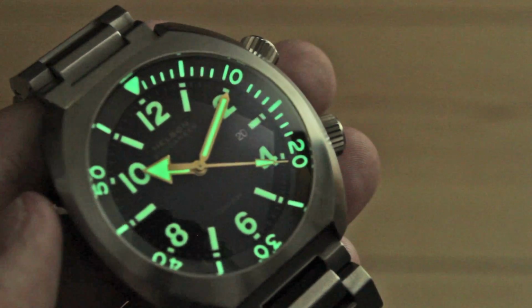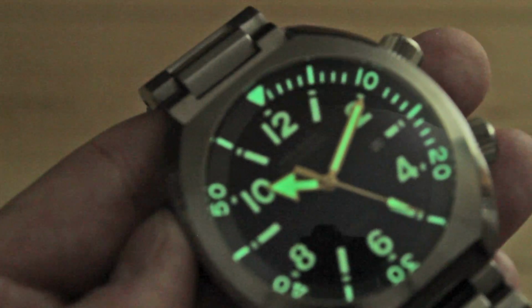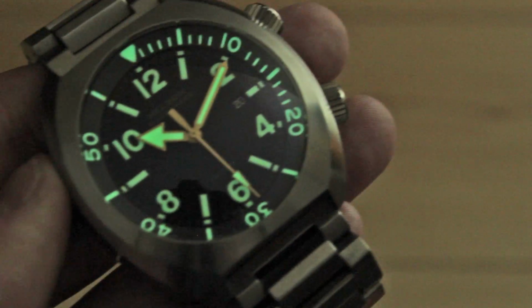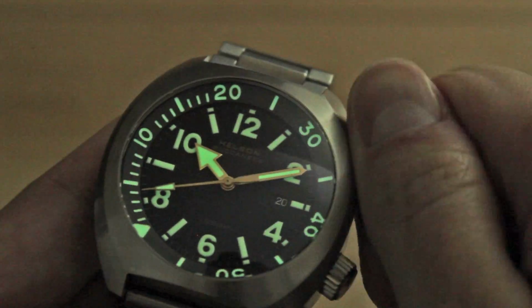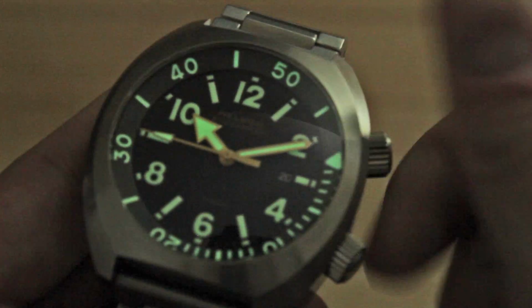So here we are with the Helson Buccaneer 47mm, all charged up. The lume is excellent. It's exactly what we like to see. Helson did beautifully on the Shark Diver 42 we reviewed recently, and the lume on this new Buccaneer version is just great. The scale, fully lumed, easy to read at night, certainly usable, and this requires very little pressure,